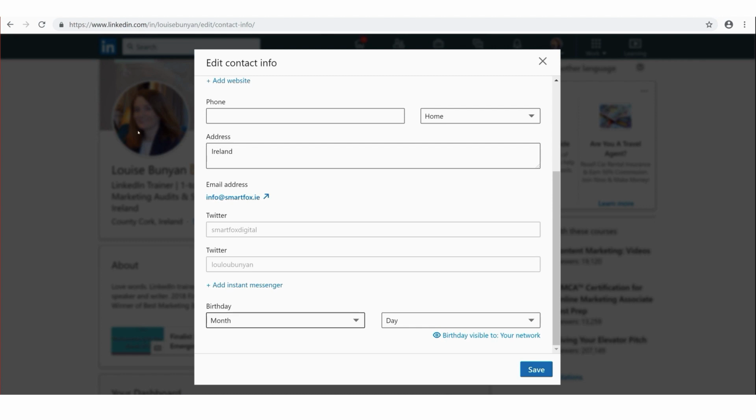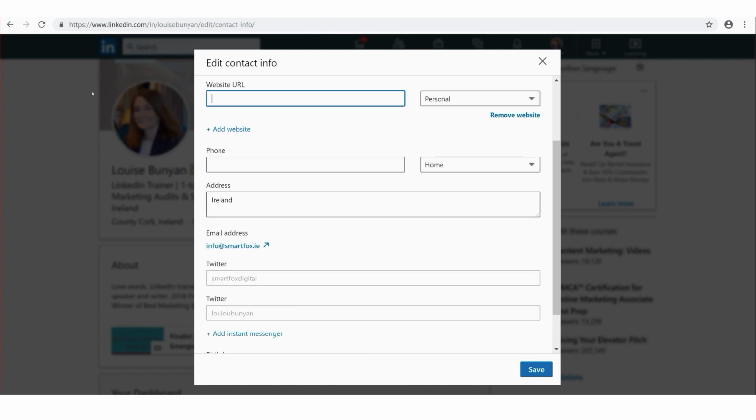If you want your birthday to appear, a lot of people don't, but if you would like your birthday to appear, you can add it in there. I don't, so I've left mine blank. So back up to email address. Now this is clickable, so if you're unhappy with the email address that's there, and maybe you have left a job, or you're currently not working, but for some reason your previous employer's email address is being listed, we need to change and update that.